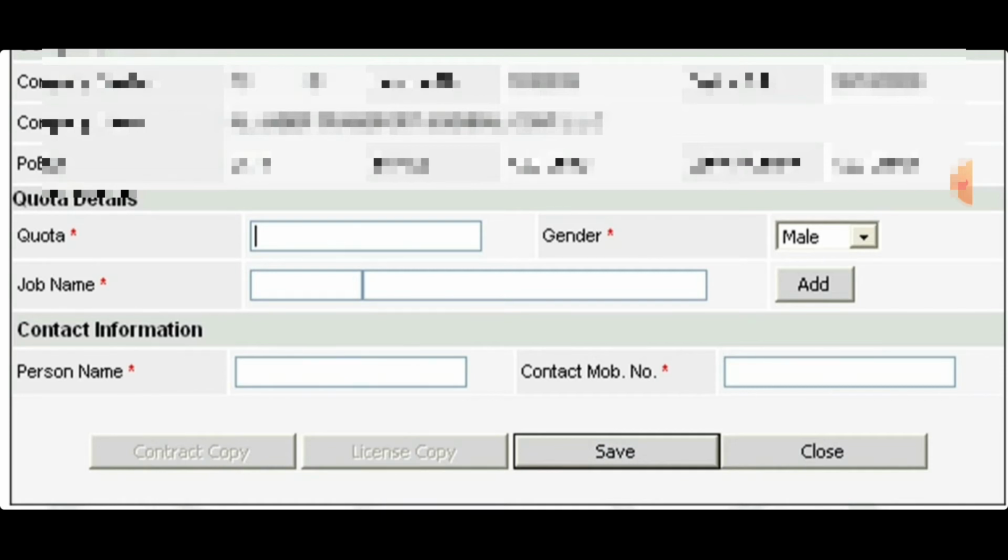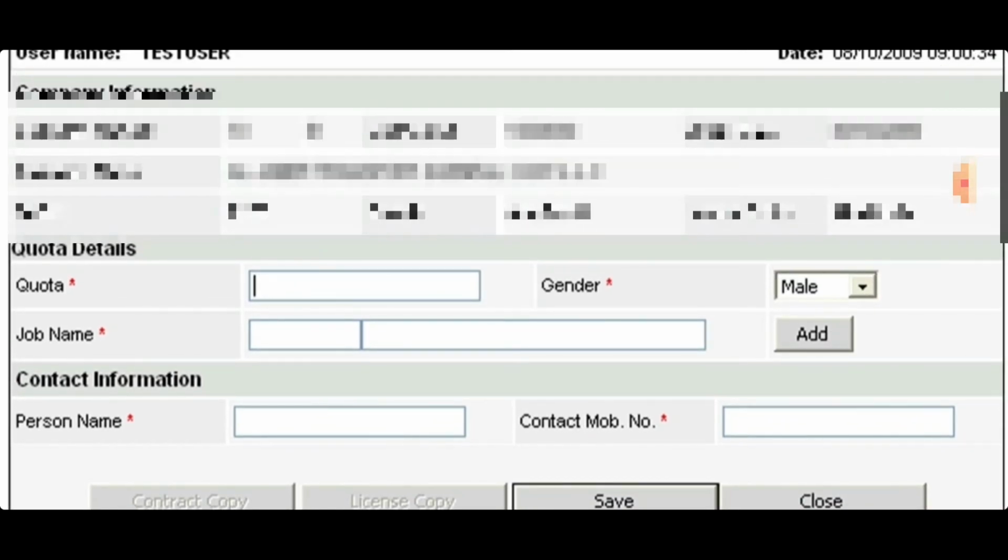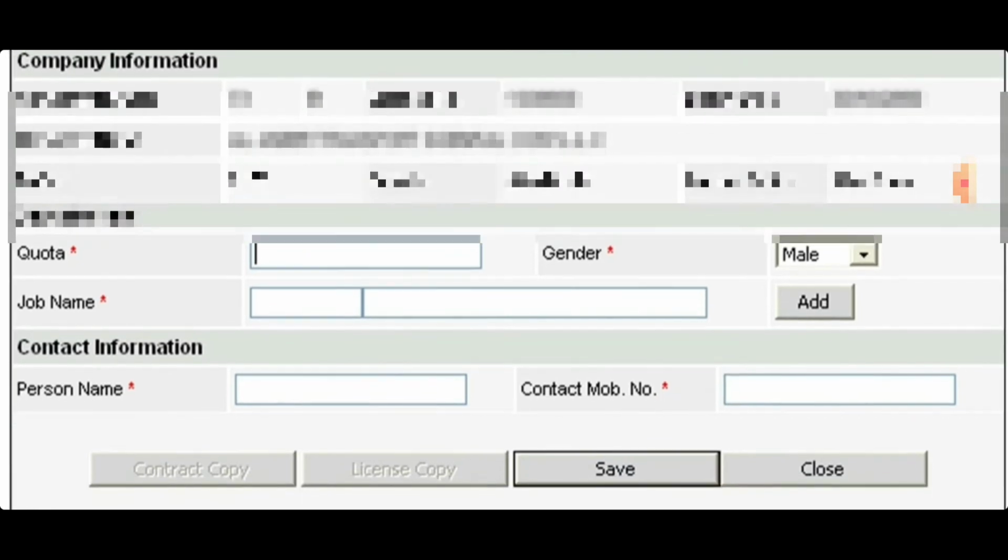You have to click over the gender, and you have to select the designation and position from the Ministry of Labor pop-up window where it is written job name. And when you click here, then you have to add this one. When you add this one, it will show you in the page below.